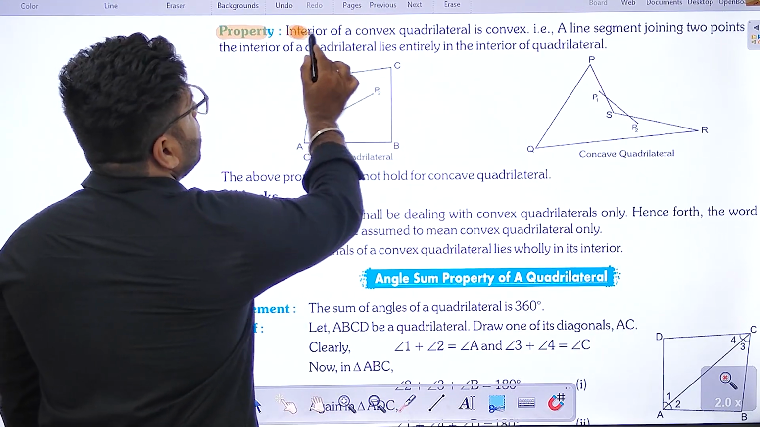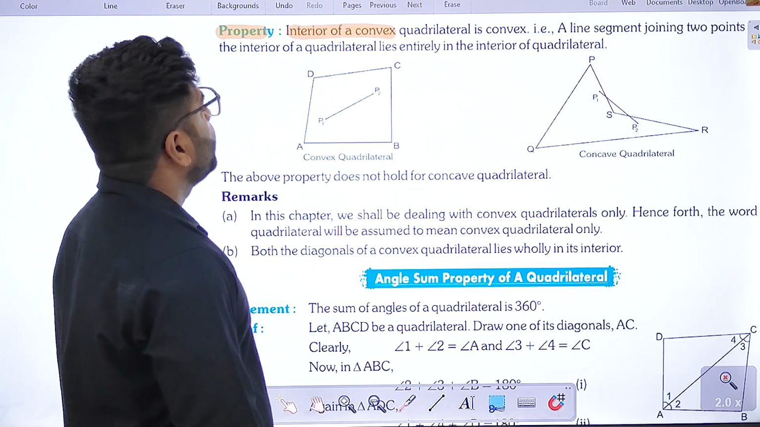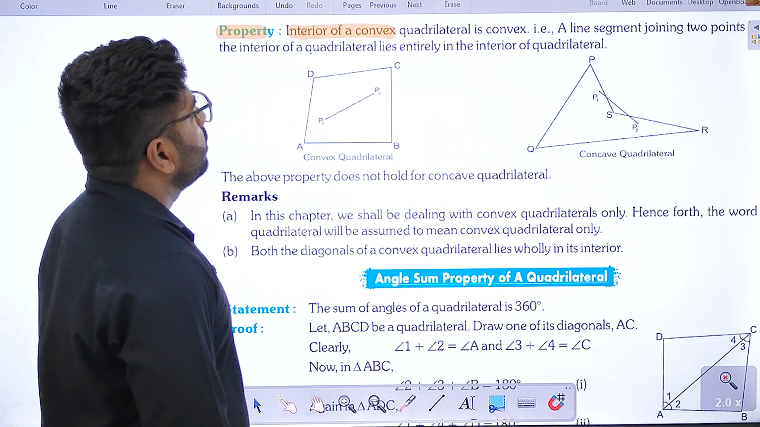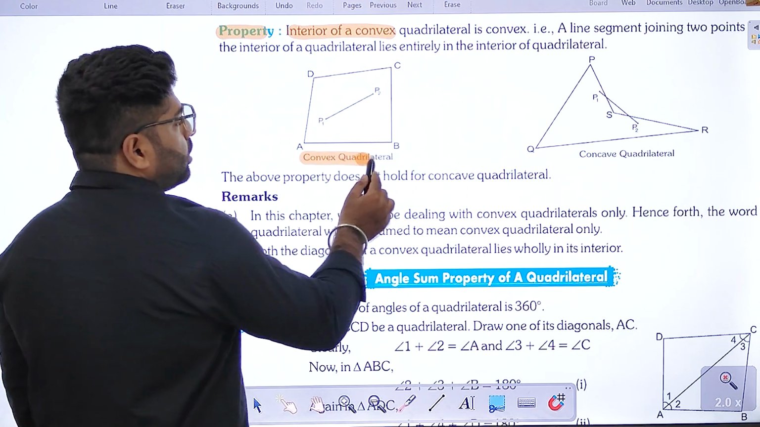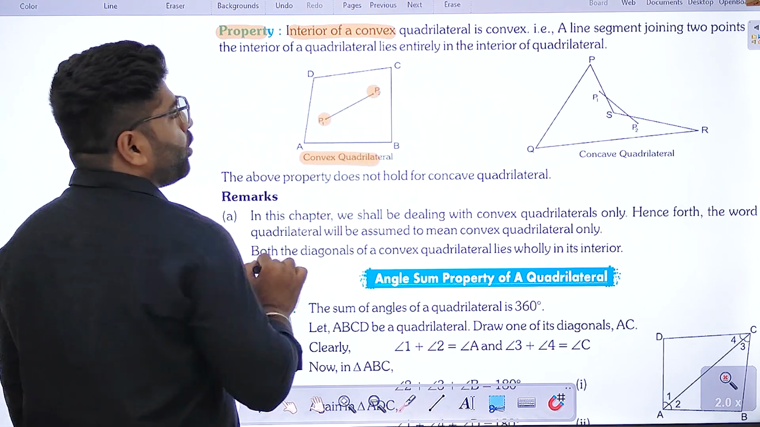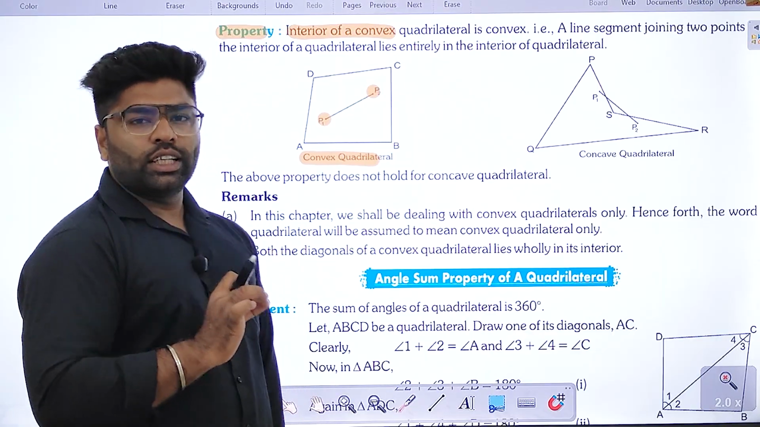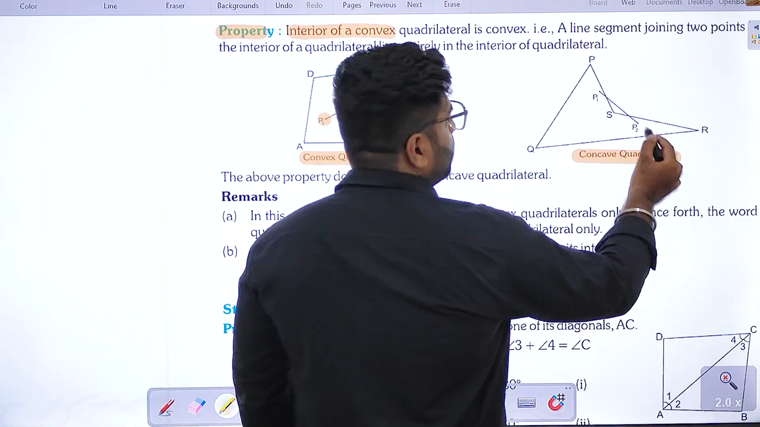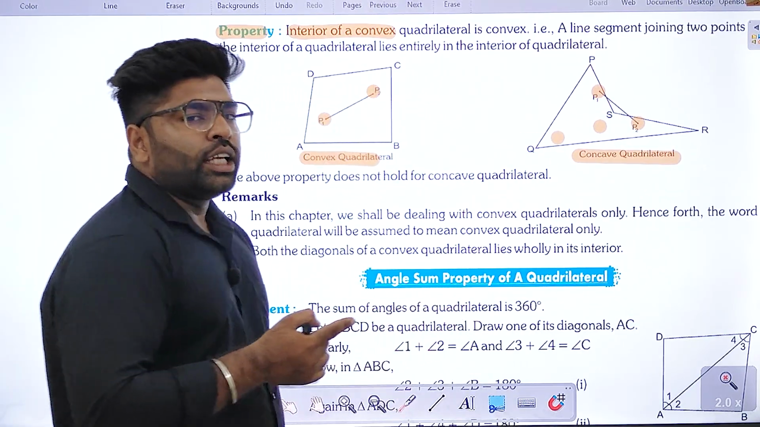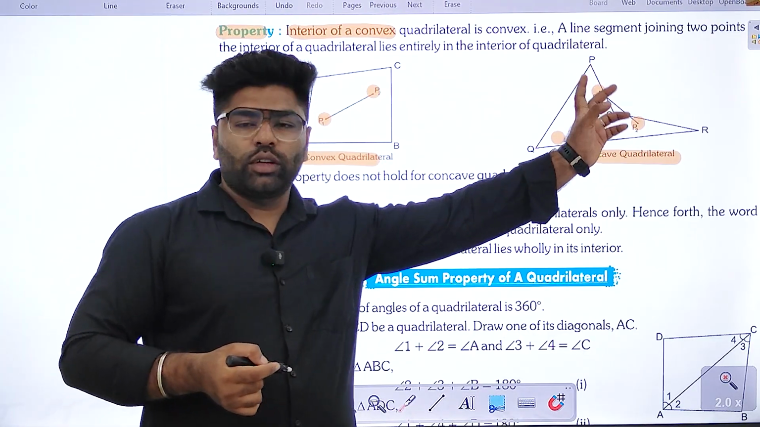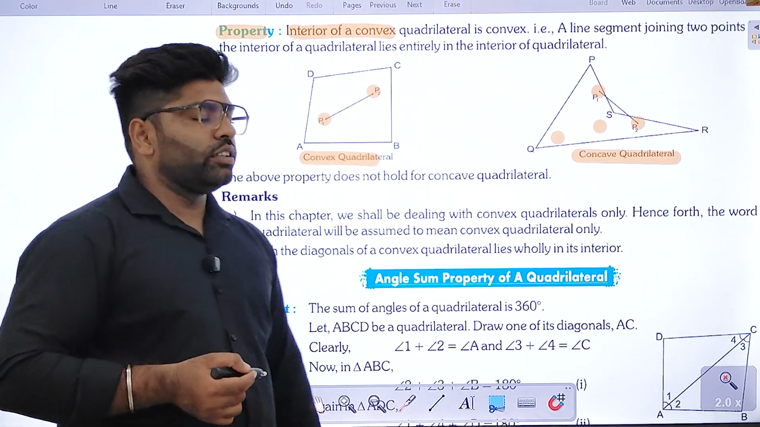Okay, the property is that the interior of a convex quadrilateral is convex. A line segment joining 2 points in the interior of the quadrilateral lies entirely in the interior of the quadrilateral. If we talk about the convex quadrilateral, if you draw any 2 points in this quadrilateral, तो आपको हमेशा जो लाइन मिलेगी वो इनसाइड द क्वाड्रिलेटरल ही रहेगी। अगर आप कॉनकेव क्वाड्रिलेटरल में 2 पॉइंट्स लेते हैं, ये अंदर भी आ सकते हैं, लेकिन ये बाहर भी आते हैं, ठीक है? तो अगर आपने यहाँ पर ये 2 पॉइंट्स को जॉइन किया और ये फिगर के बाहर आया, तो ये क्या हो जाता है हमारा कॉनकेव क्वाड्रिलेटरल।